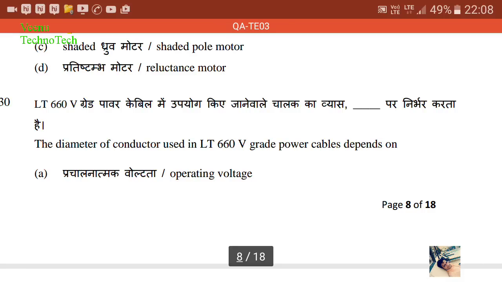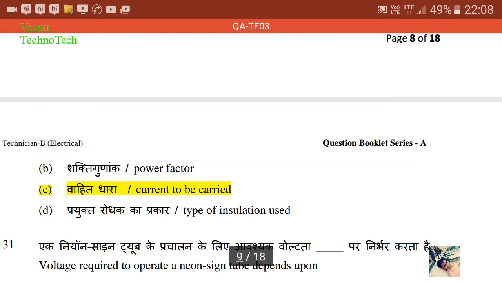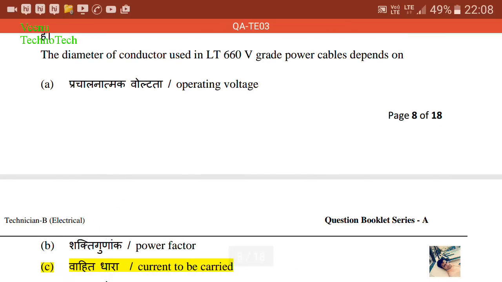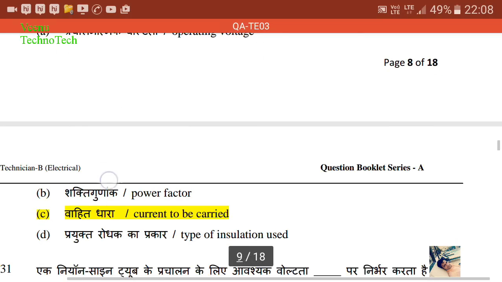Next, the diameter of conductor used in LT 660 volt grade power cable depends upon current to be carried. Friends, actually, not even in LT 660 volt. At every instant, if we talk about diameter, it's mainly dependent on current capacity. So in any case, if we talk about diameter of cable, it's mainly dependent on current capacity. So the correct answer is